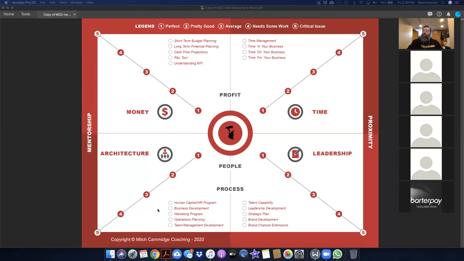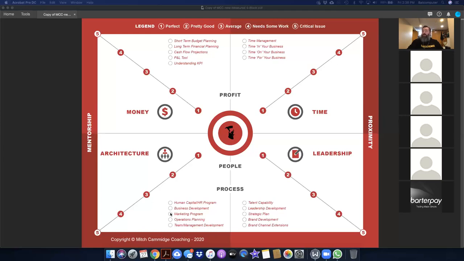As I go through architecture, once more, human capital. Do I have a human capital component? Do I have a proper system for finding, onboarding, retaining, and ultimately saying goodbye to employees? Do I have a way to care and feed for everybody that I'm responsible for inside my business? Business development. Do I have a sales system? Do I have a sales methodology? Do I have the tools and processes in place for my business to do what it needs to do effectively?